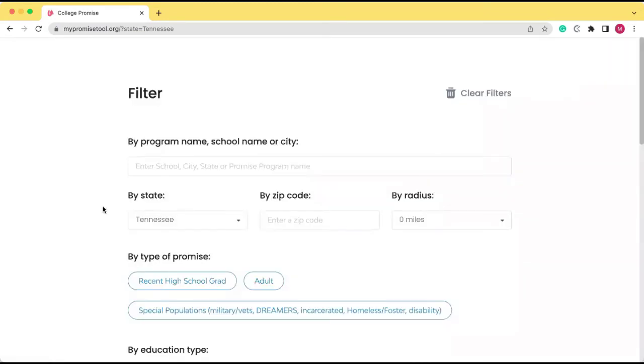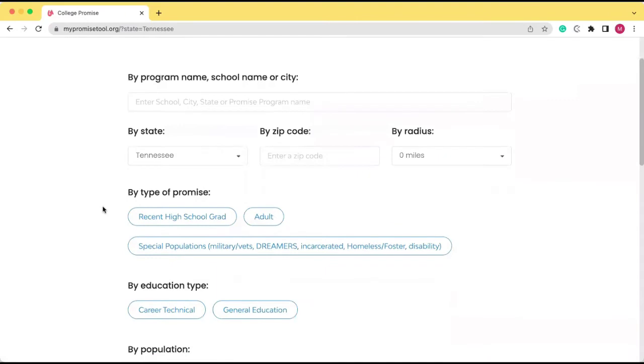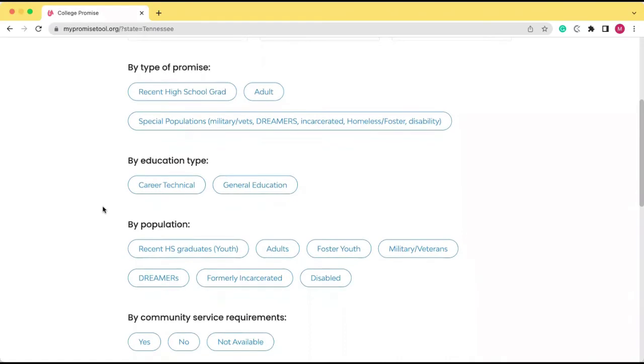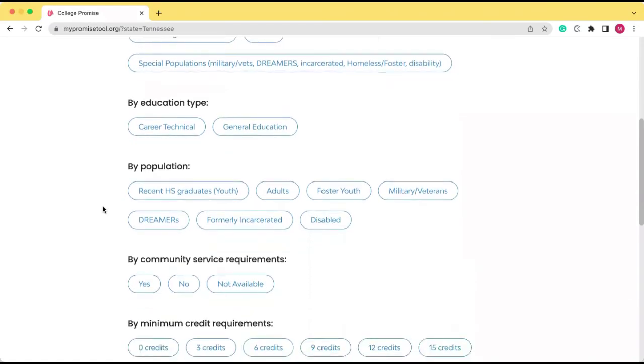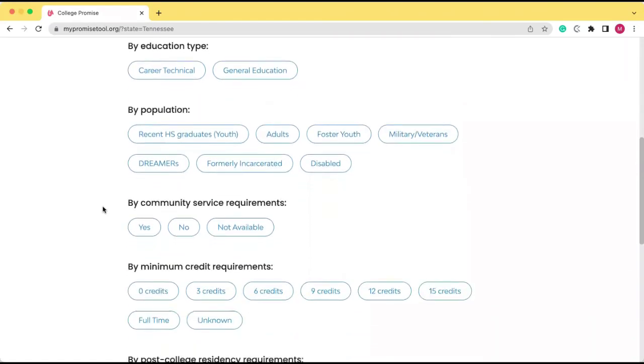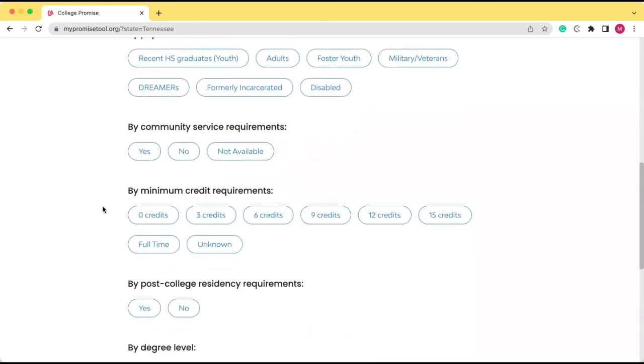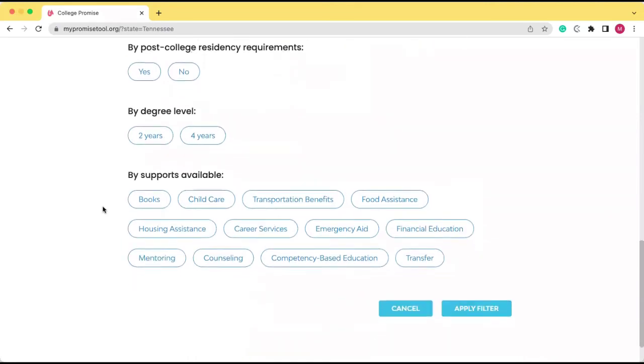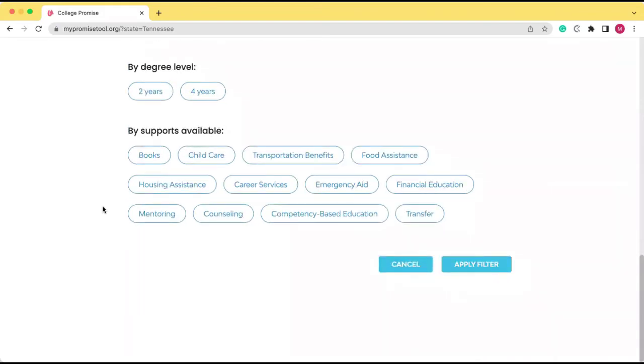If you click the More Filters button, you'll be taken to this page that will really let you specialize your search. You can search by specific population served, by community service requirements, and other eligibility requirements as well. You can also search by seeing what other supports may be available at this Promise program.